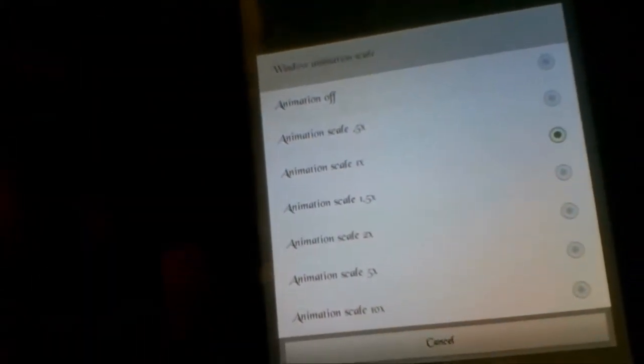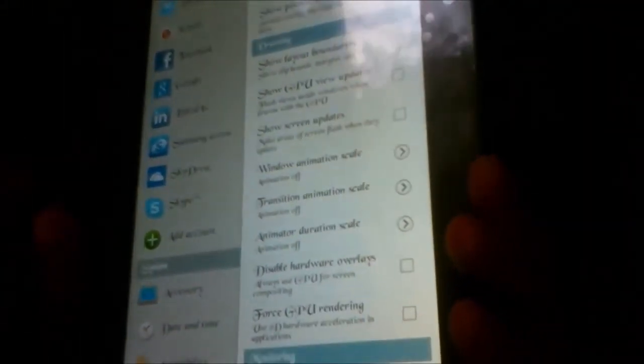So we'll just do that. You can see how to disable it. Just go to these sections, window animation scale. You can see the options. There's so much animation there. You can just disable it. Disable the animation. There's one more option. There are actually three options where you can disable the animation. Just switch off the animation in all three of them by just clicking inside it, and then you come out.